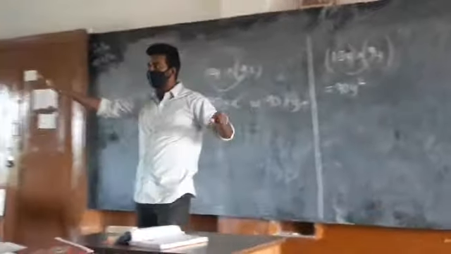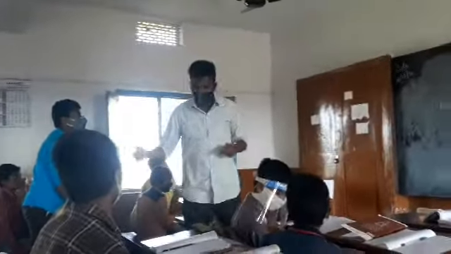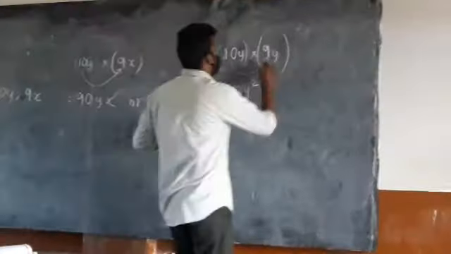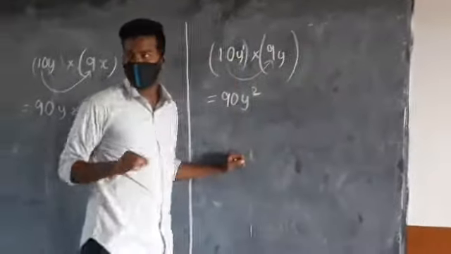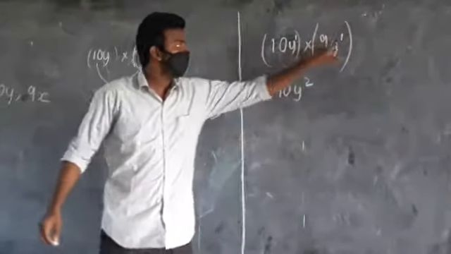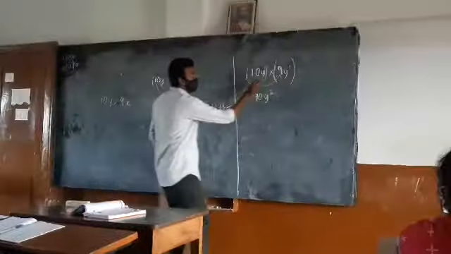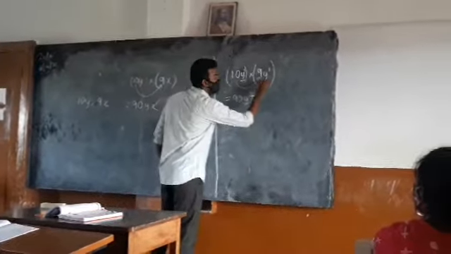Yes, louder, let me know. Sir, the power of y is 1 and the power of the other y is 1. 1 plus 1 is 2. Very good. The power of y equals 1, even the other power of y equals 1, and 1 plus 1 you have done. n plus n is equal to... Yes, very good. He is saying the generalized formula of multiplication having the same base. Sit down. Same base: here it is y, here also it is y.